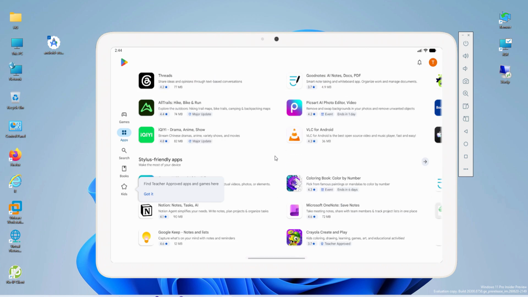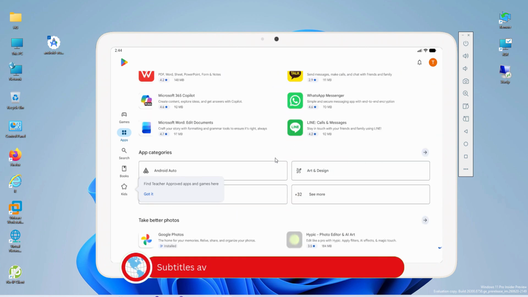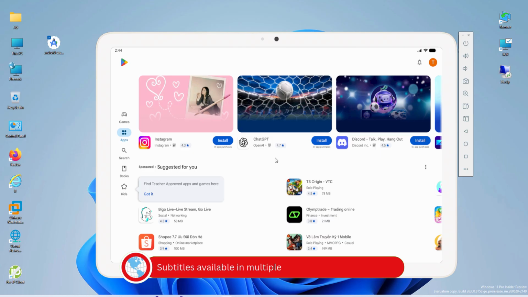Hello everyone! In this video, I'll show you how to run Android 17 on Windows without installing any virtualization software